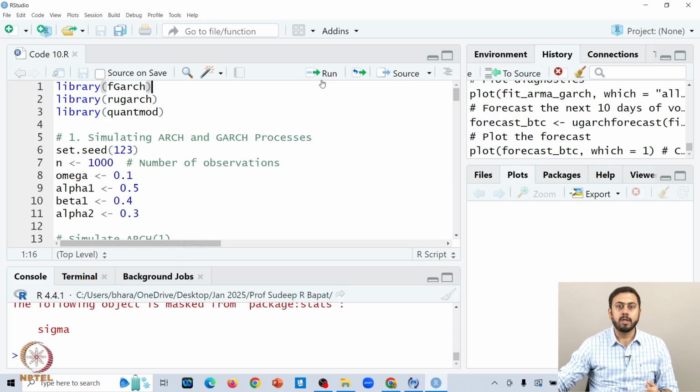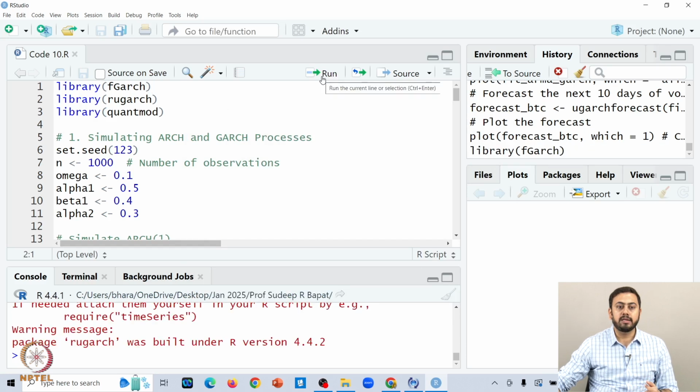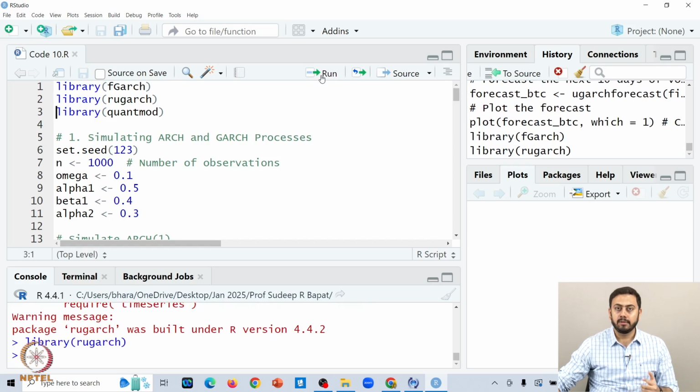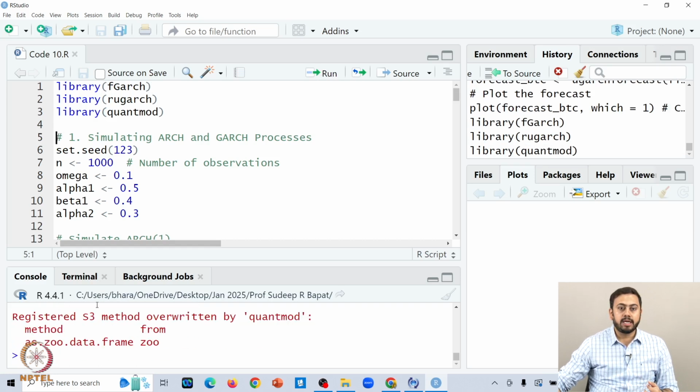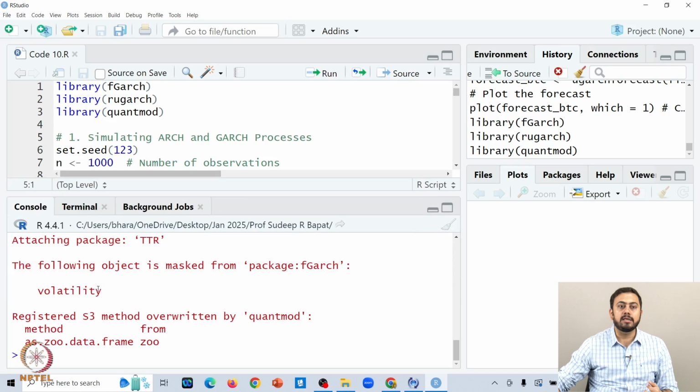The first package is fGarch, the second package is rugarch, again pertaining to a Garch modeling setup, and the third package, which I think we have used in some of the earlier R sessions as well, is called quantmod. Even if you call these packages, you have to make sure that you do not get any errors in the console.